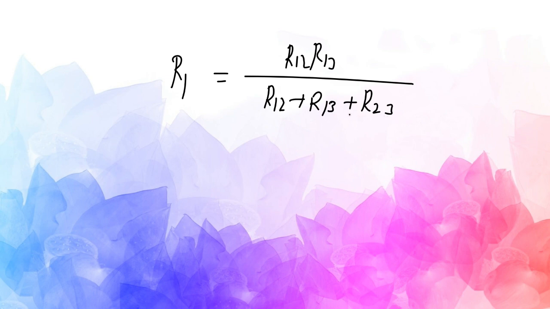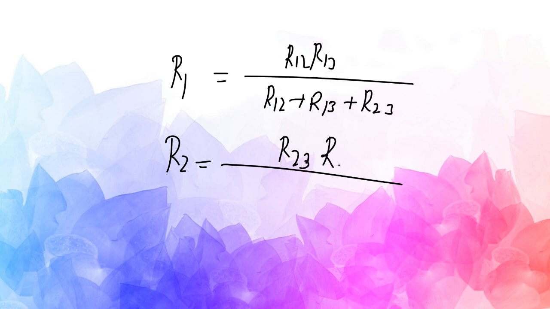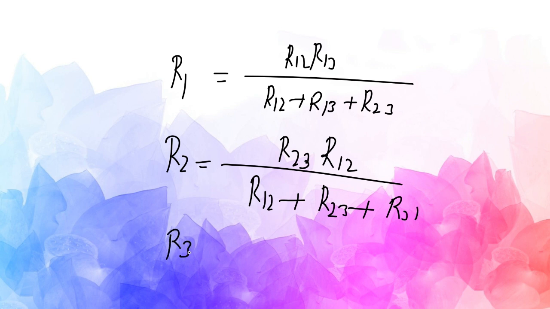So this is R1. Similarly, R2 equal to R23 R12 by R12 plus R23 plus R31. Similarly, R3 equal to